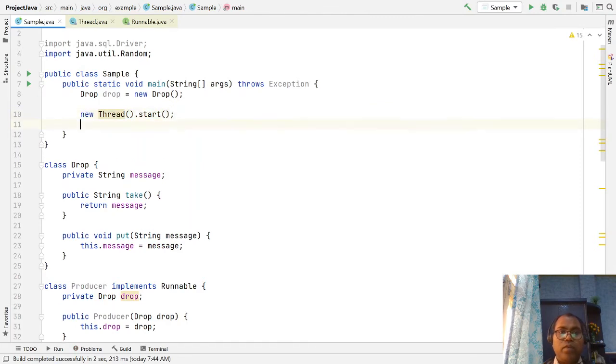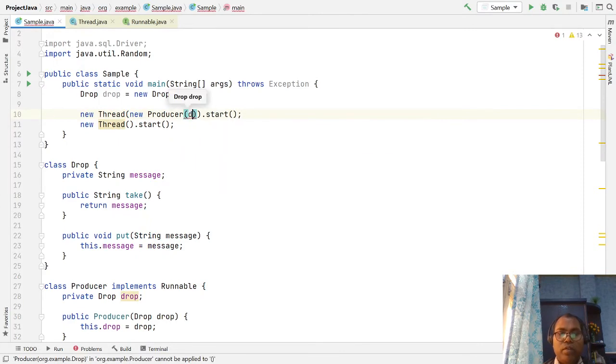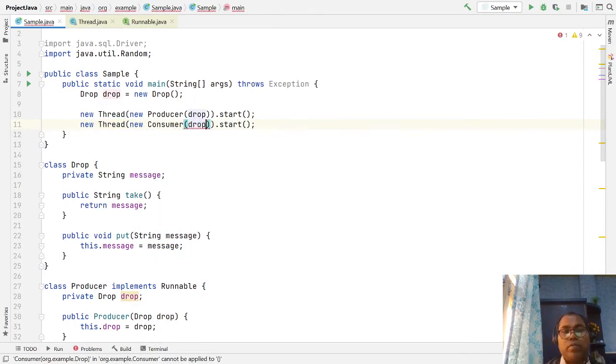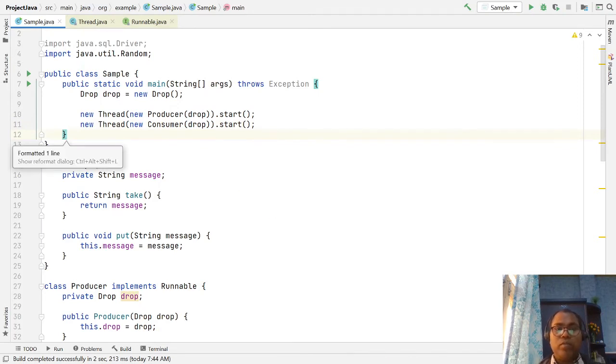We have created two threads: you pass a new Producer that takes the drop, and a new Consumer that takes the same drop. We created one common resource, drop, and passed it to both.